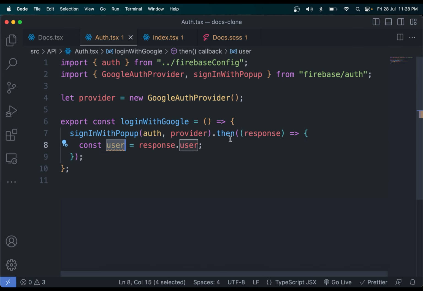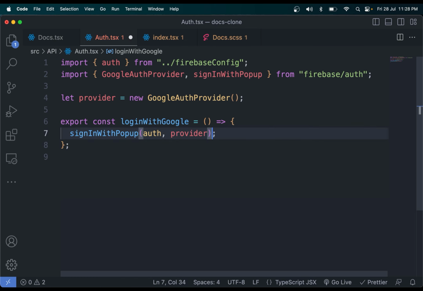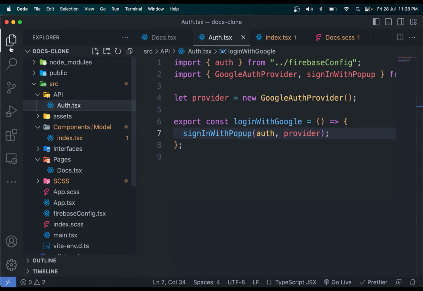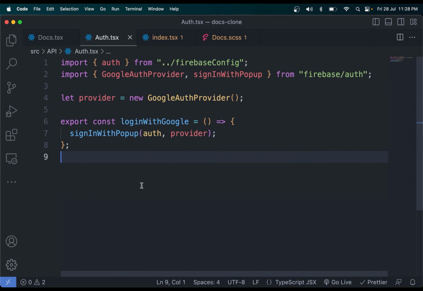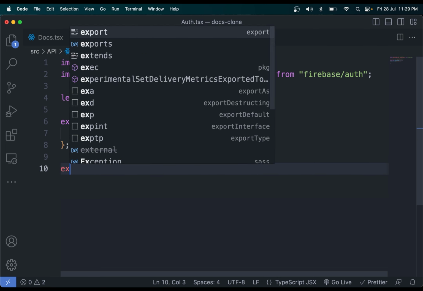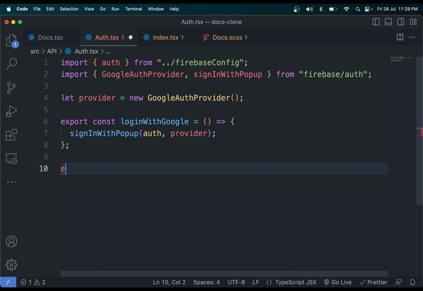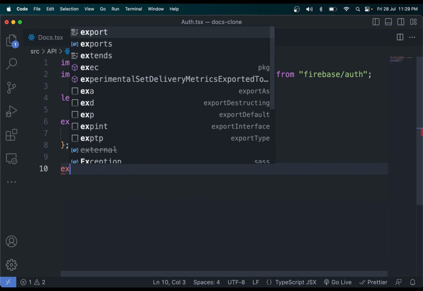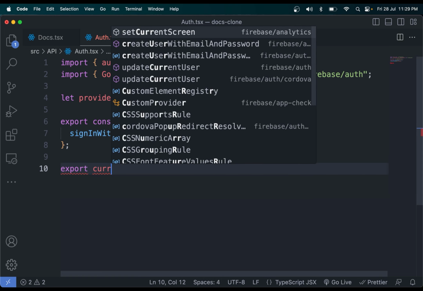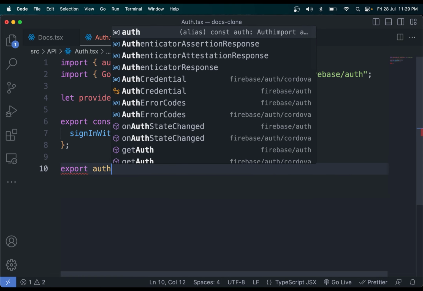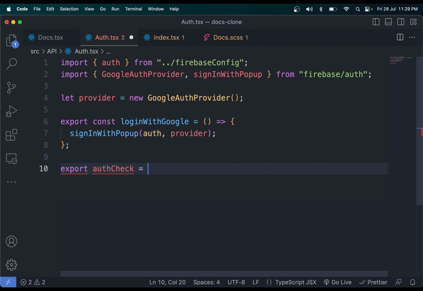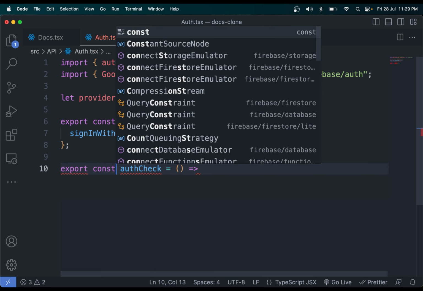Okay, now what we have to do is, I don't think we need a function here, then block. So just remove it. What we need is, okay, what do we need is an export. Okay, I don't think we have to use it here. Or should we use it here? Let me create it here. Export. We can say auth. What can we name the function? Auth check. Yes, I think that's proper. What I'm doing, export const auth check,